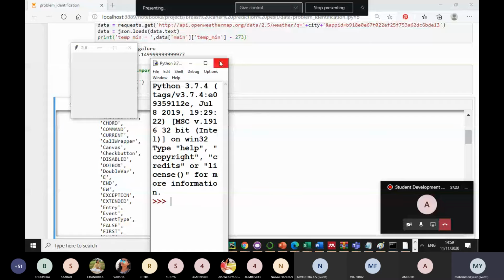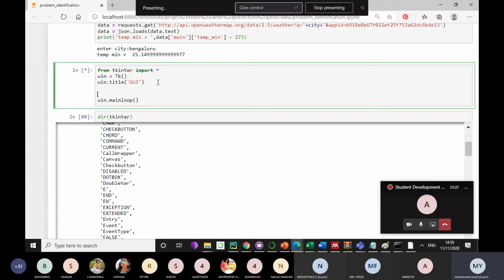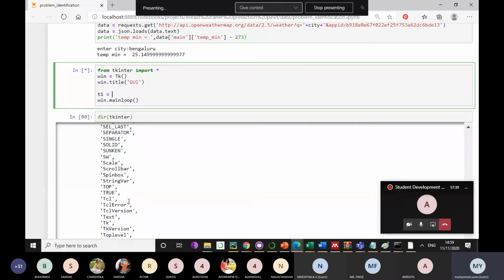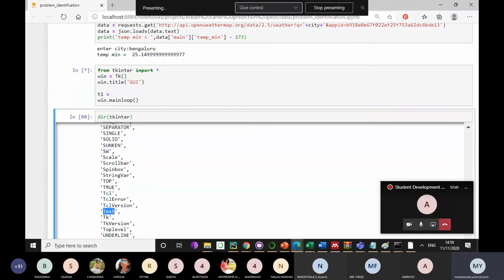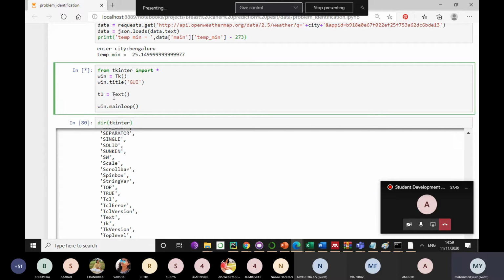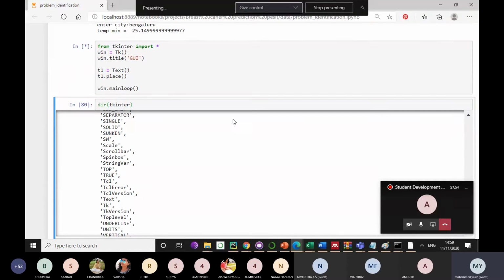They have a text box, and they have integrated it. So if I also want to add a text box, I'll just do it. How? T1 is equal to, there is something called text box in this. Yeah, Text. Just put this text over here. Once I take this, I have to fit it. I can directly use place or grid. Right now I'll be using place. After that I'll show you how to use grid.